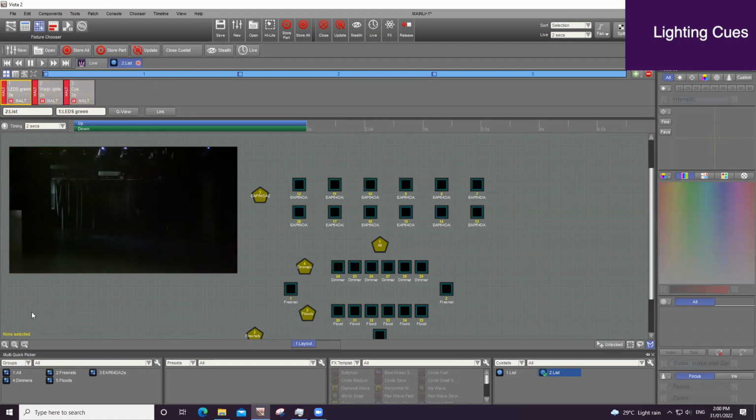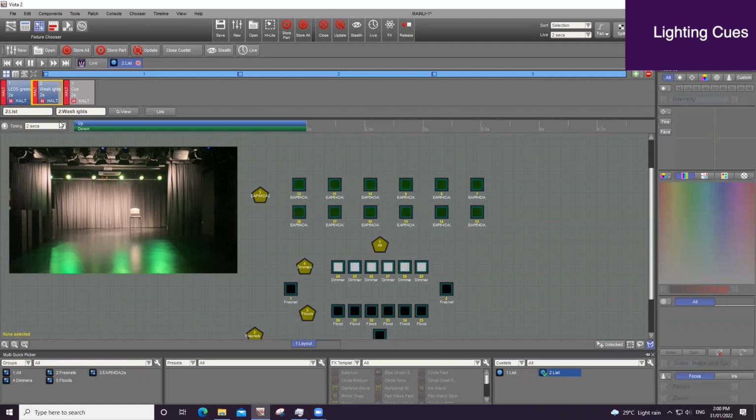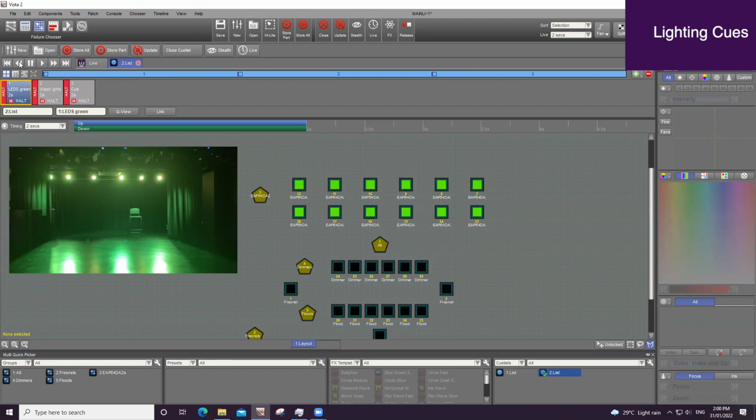So now, clear all the cues, hit the play button, it brings up the first cue of green LEDs. Now, if I hit the space bar, it will repeat the last command I gave, which was clicking with the mouse on the play button, but if it's space bar, it brings up the next cue. Likewise, again. Now, if I hit this, the first reverse arrow button, it goes back to a cue, and if it's space bar, it does the same. Space bar repeats the last command you gave. So hit play,